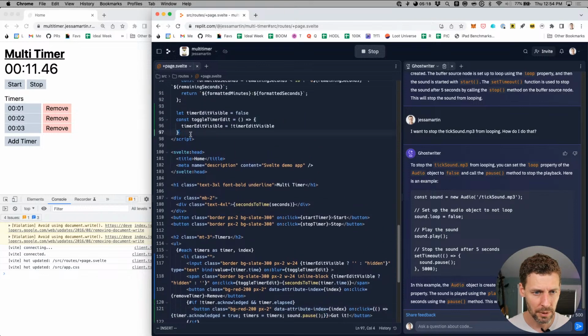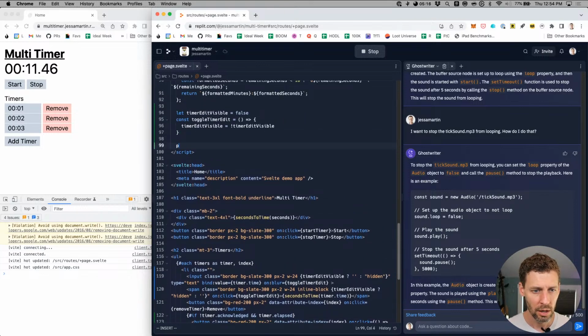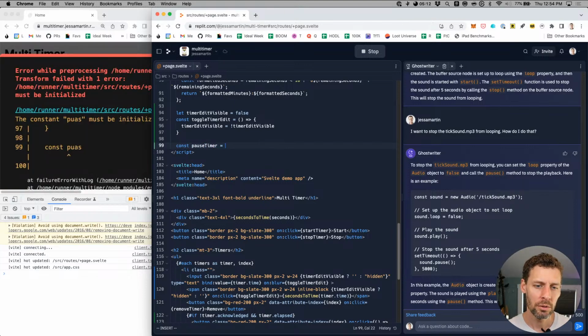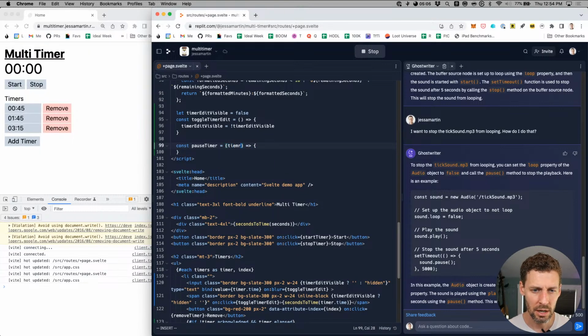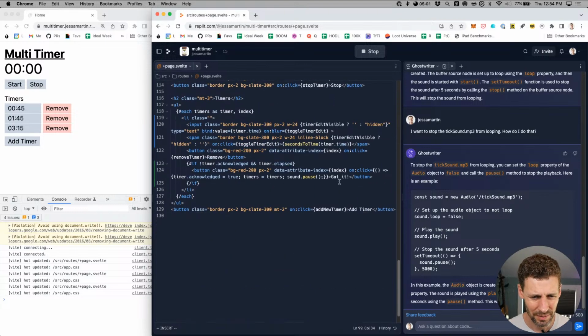So we could come up here and call this like const pauseTimer equals this. And ideally what we want to do is pass in timer, and let me grab this code out.